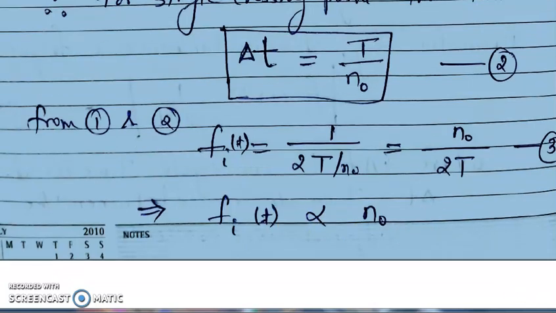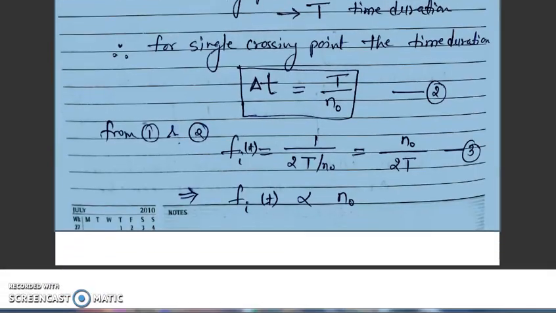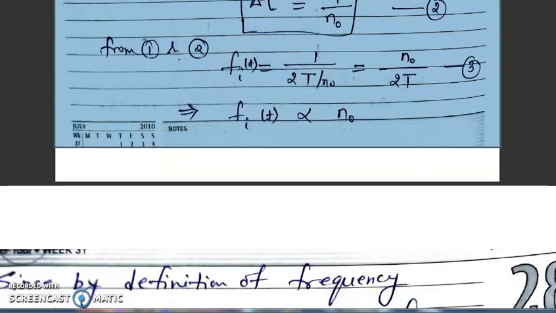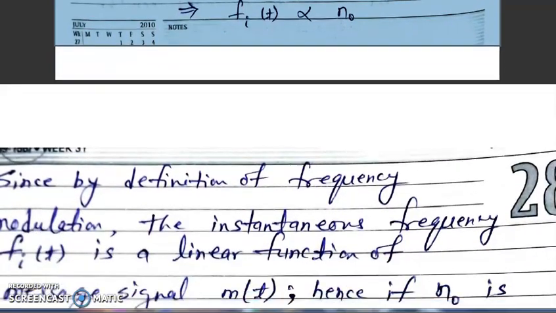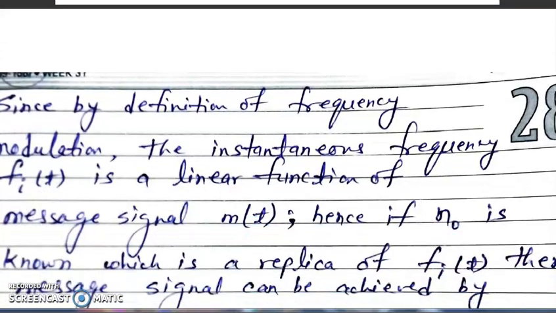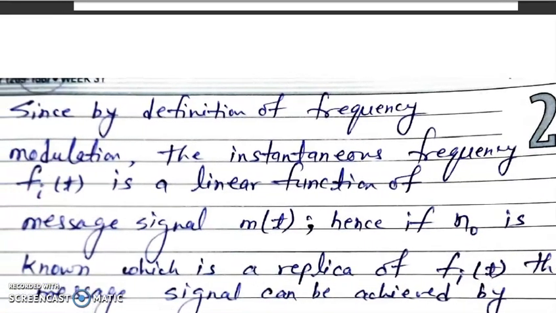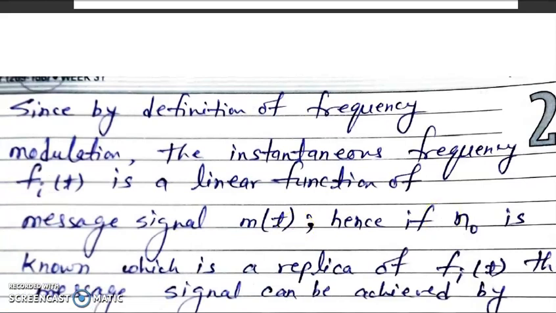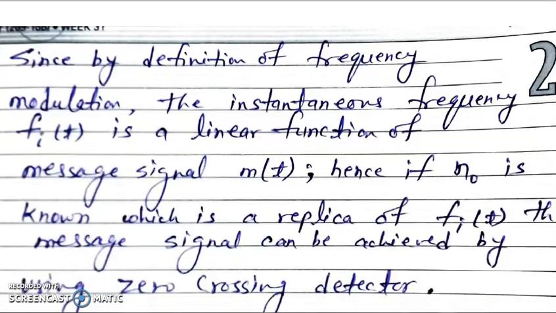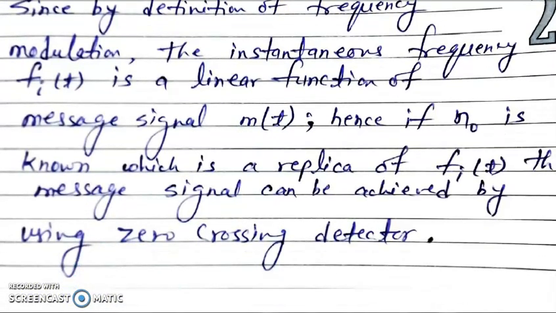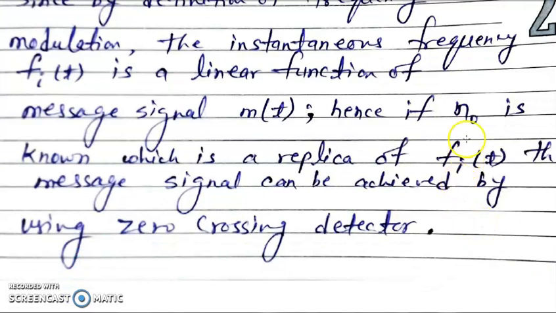It means that if the modulated wave has higher frequency, then the number of zero crossings will be greater. So by the definition of frequency modulation, we can find N0, and that N0 will be the replica of instantaneous frequency,